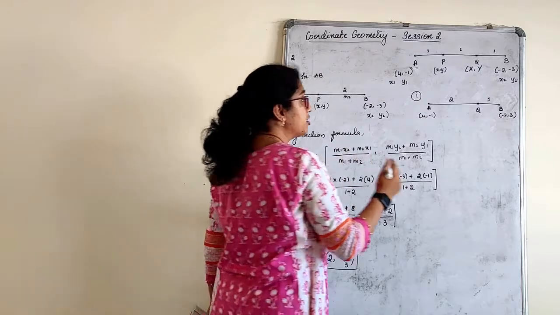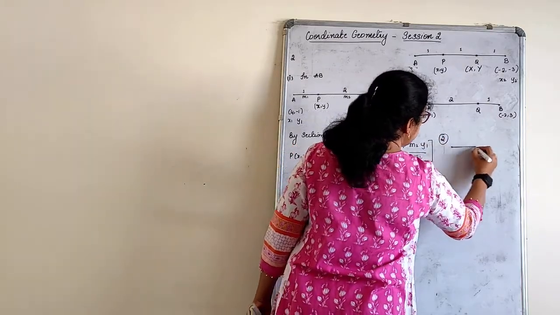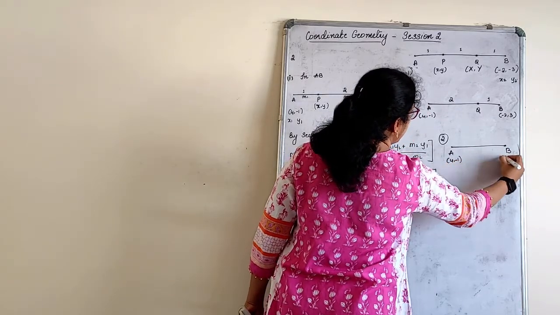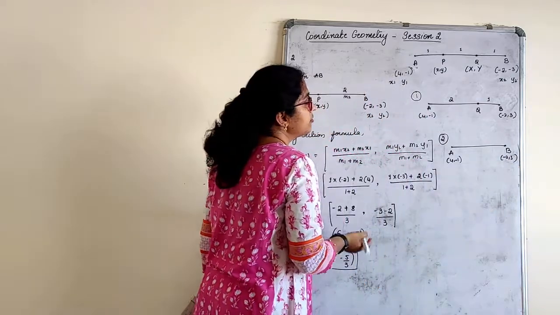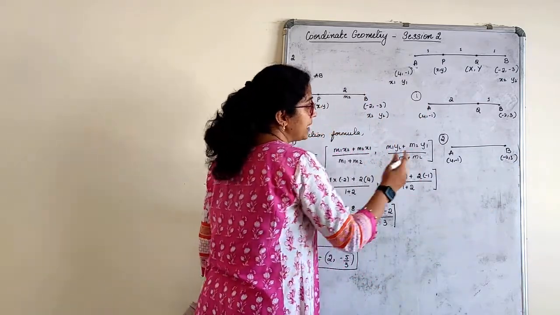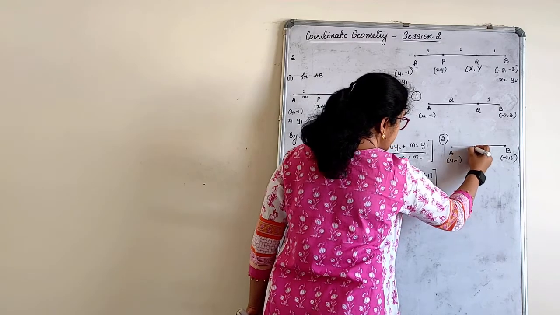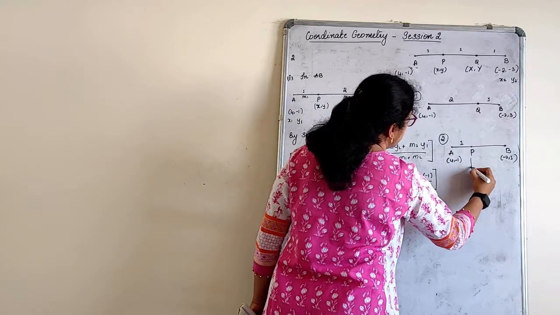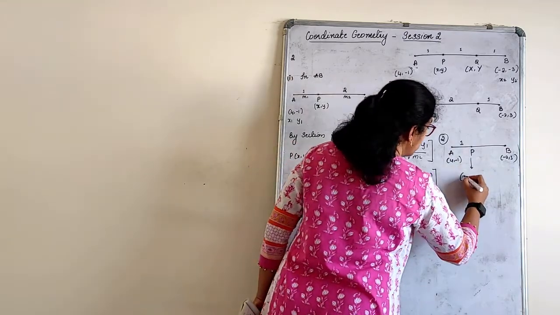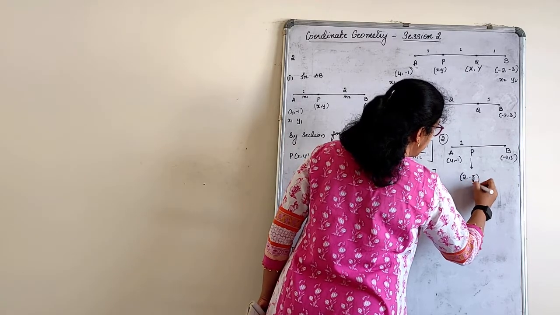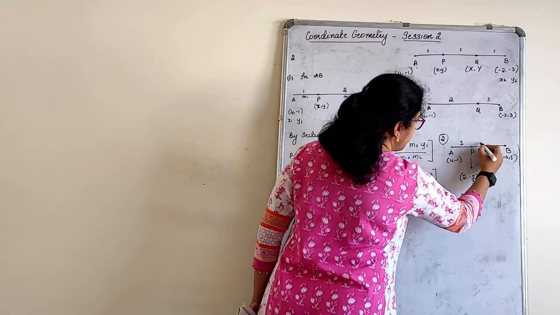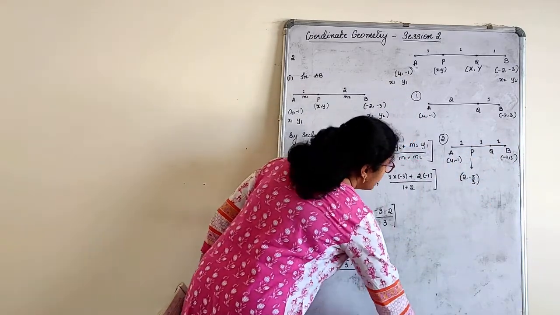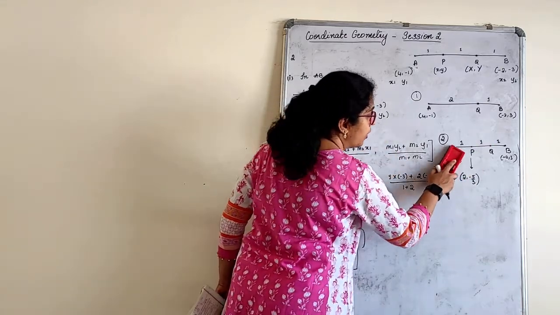We have another method also, children. How to find it? A and B. It is 4, -1 and -2, 3, right? Do I know the coordinates of P here? Yes. So this is P, in the ratio it is 1. So P coordinate is what? Just now what I found? 2 and 1 by 3. Q comes here. What do I have to find? 1 and 1. Okay. So the best thing I can do now, 1 and 1. What if I remove this A?